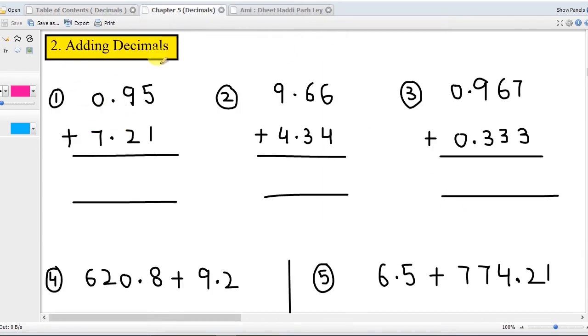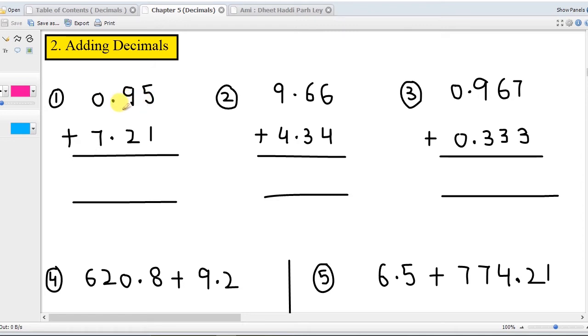So adding decimals is pretty easy. There are different patterns of how you get questions in exams, so we'll discuss both of these two different varieties of questions. So question number 1 is